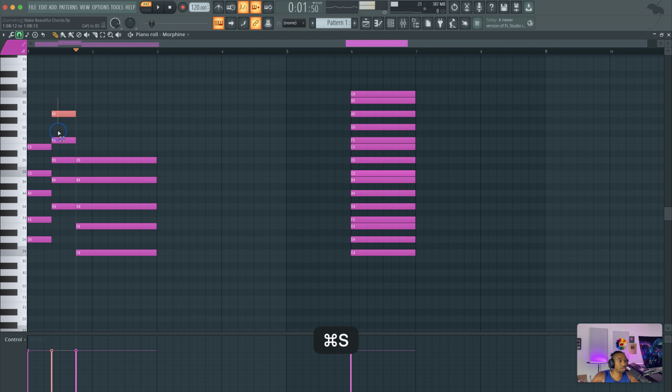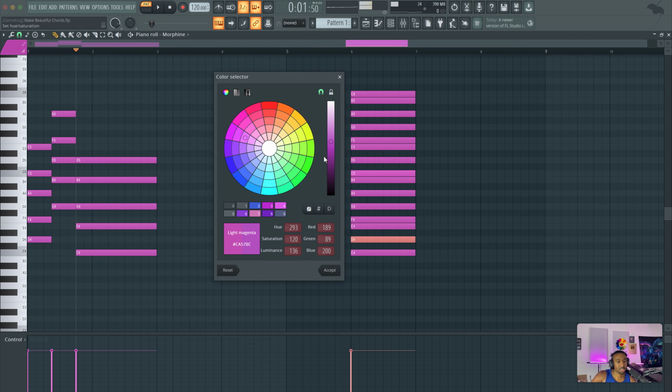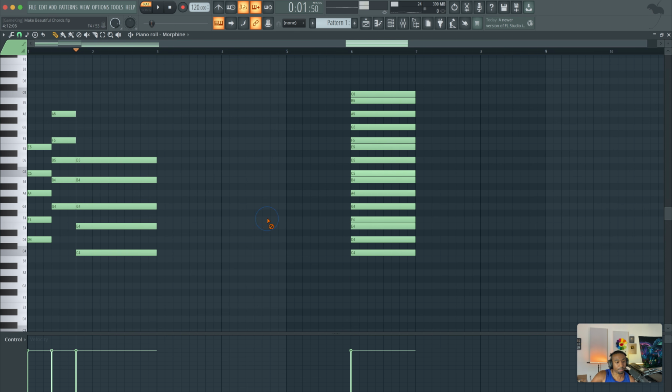Now the question is, how do I know to go from this chord to this chord? Okay, in a different video, in the original video that this is based on, I teach you guys the +3 scale degree method. These are not chord codes, these are scale degrees, okay? So if I'm at the second scale degree of the scale, the second note in the scale, I can add 3 scale degrees, 1, 2, 3, and that's my next chord. So if we start at D, right here in the scale, and then we move up to G, that's 3 scale degrees away. Let me change this color so it's a little bit easier to see.